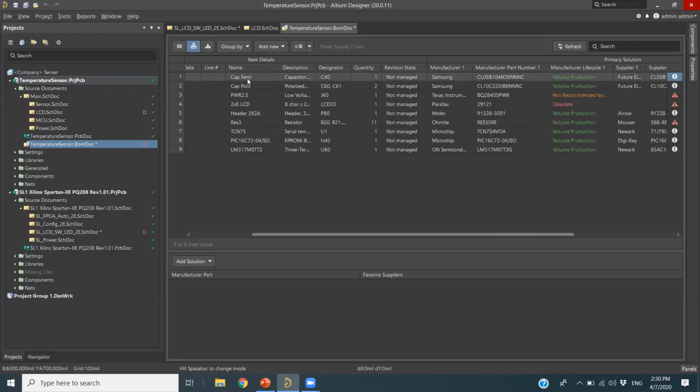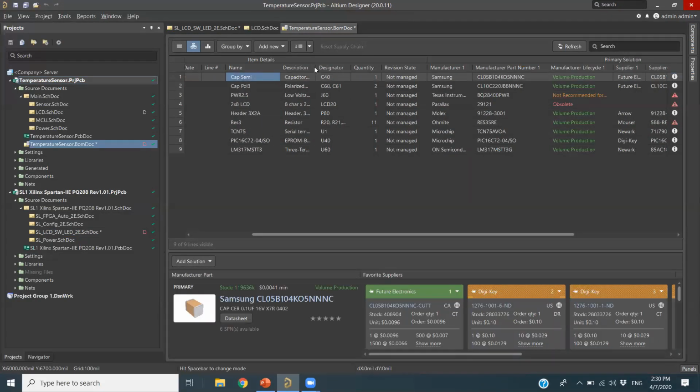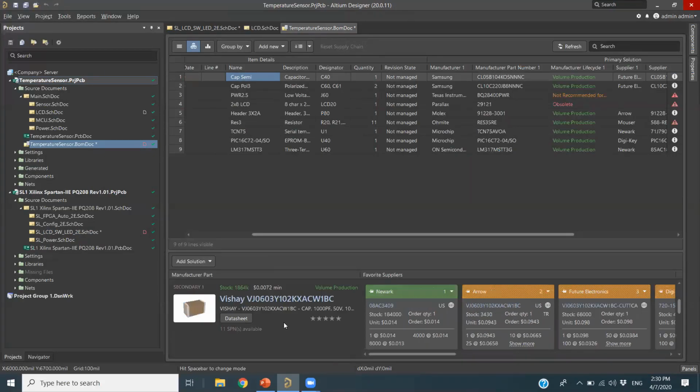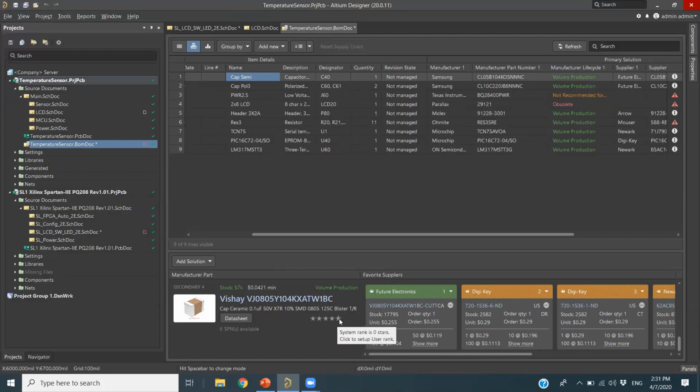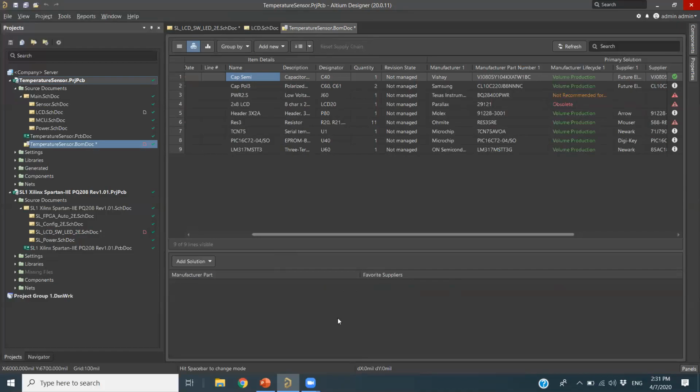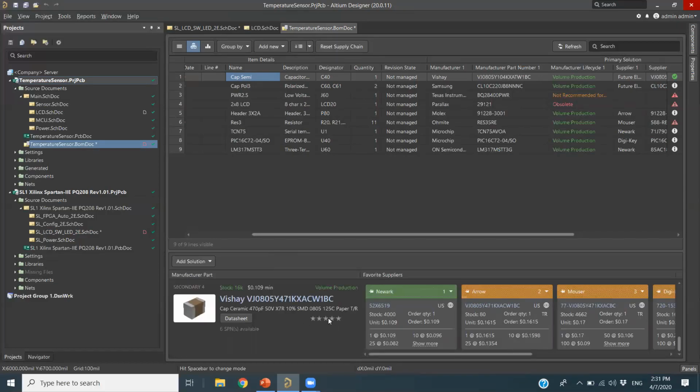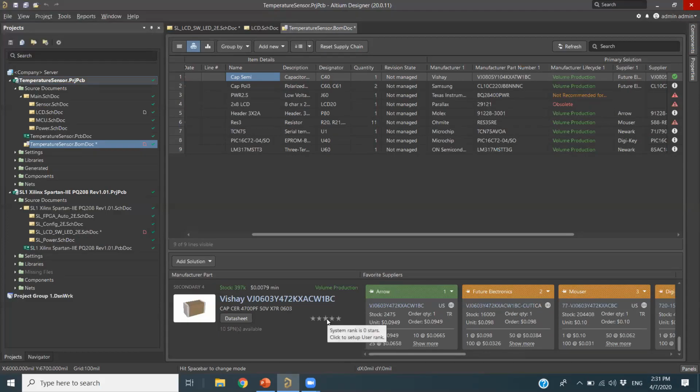So if I want to see this information, I just click on this, then automatically below you will see the manufacturer part details. I scroll down to see the different part numbers, different suppliers information here. What I need to do is select the stars. Based on the stars, I can give the preference for the particular supplier. For example, I just choose 5 stars, then I can choose the second one to be 4 stars. Based on the number of stars, the preference will be given to the particular suppliers.